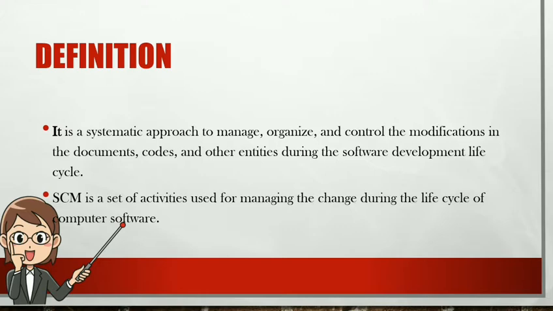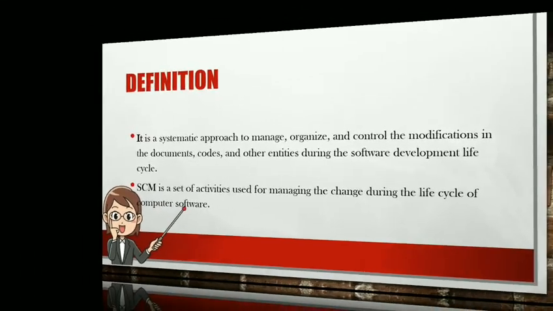So, there are four basic sources of change. What are they? First, every new business condition and market condition may cause a change. Second, the customer may require a change in the data presented by the information system. Third, as the business grows or downsizes, it may cause changes in the priorities of the project. Fourth, budget and time scheduling constraints are also important factors for change in the product. So that's why SCM is used for managing the change during the project life cycle.